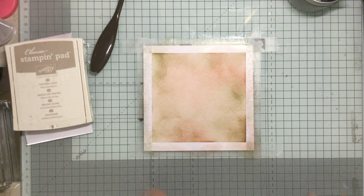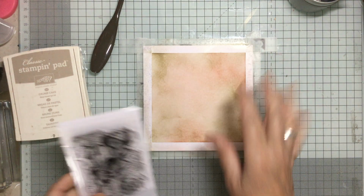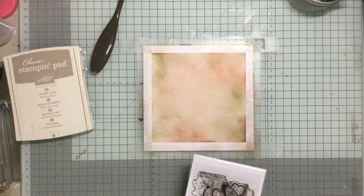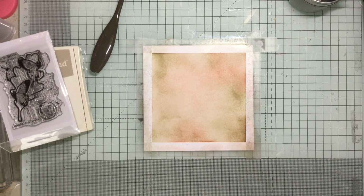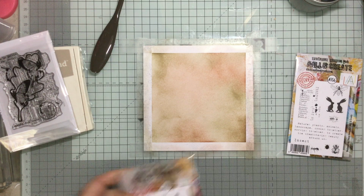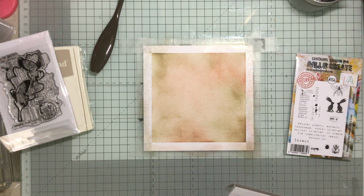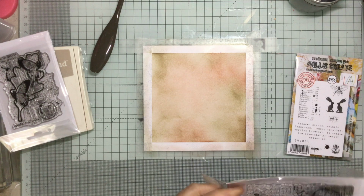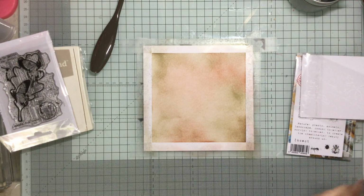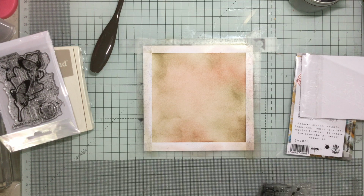Okay, so I need to just do some stamping on this. I've got this leaf that's going to go in the center, and I think I might stamp the leaf first, because I think I'm going to do a couple of the leaves, but I want to do just some words in the background. So I'm just looking to see what I've got with words in the background. Now I've got this one, which has got all sorts of different things on there. Let me see if this one will give me a little bit of just bits in the background, which is what I want. Not a huge amount, but just a little bit. Okay, let's take this off. I don't want any of the words like that in there. I just want,